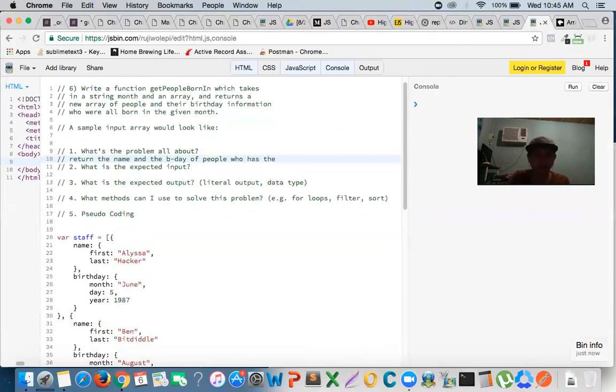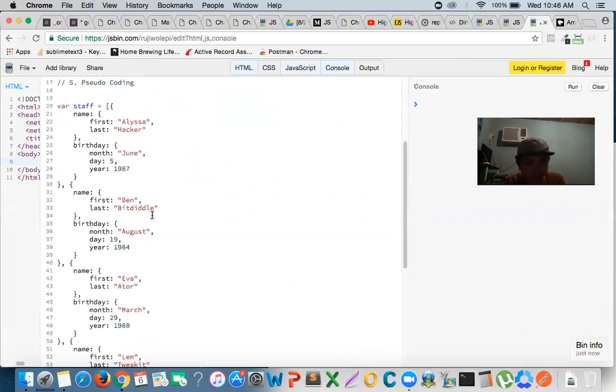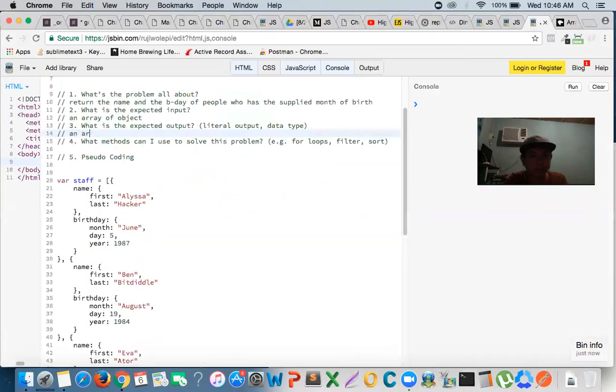who have the supplied month of birth. Expected input is an array of objects. What is expected output? Of course, I believe it's an array as well. Array. What methods can I use? You can use a for loop. So through the coding,